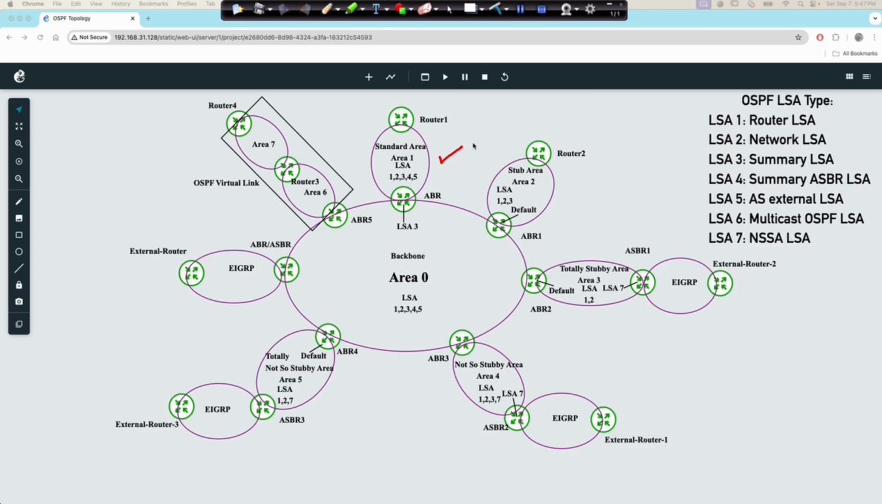Generally, in all types of OSPF areas, we will see LSA type 1, which is router LSA. In a broadcast network type, where there is a DR/BDR election process, we will see LSA type 2, which is network LSA. In LSA type 3, which is network summary LSA, we are seeing this LSA because this router